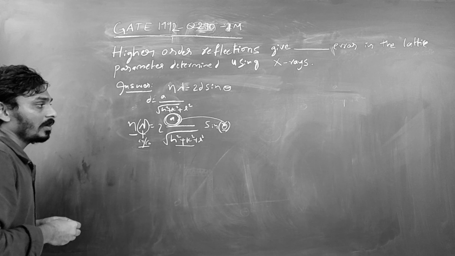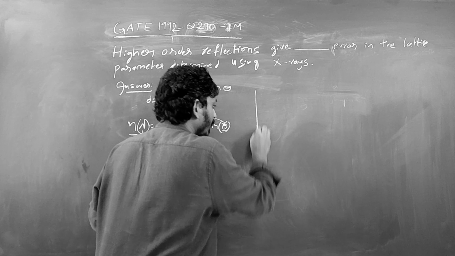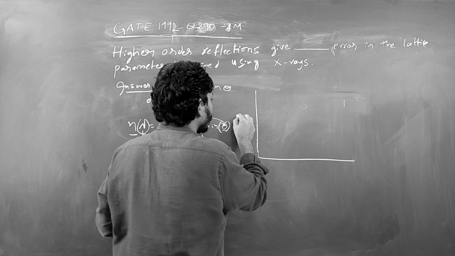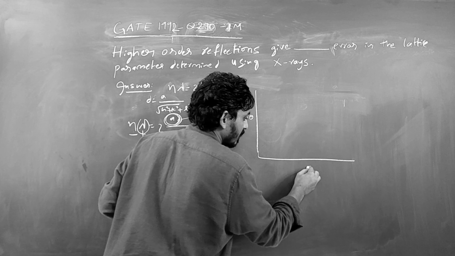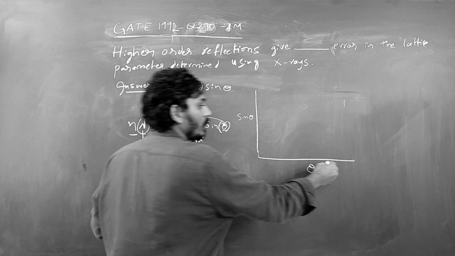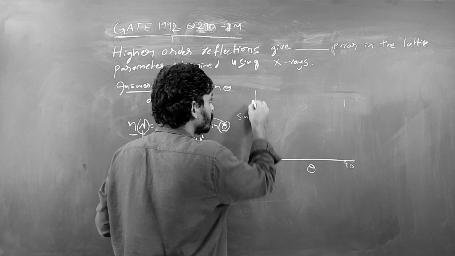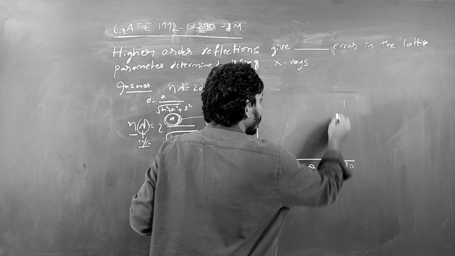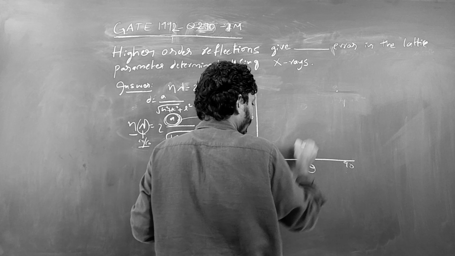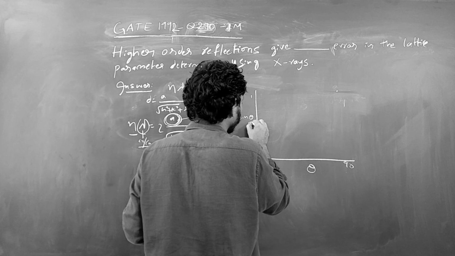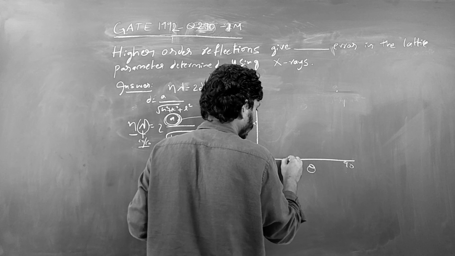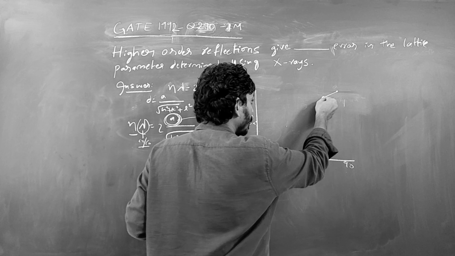So if you can see this particular graph of sin theta versus theta, okay. So let us say from 0 to 90, sin theta will be from 0 to 1. We know that sin 90 is a 1, right? And sin 30 is 0.5, right? So sin 30 somewhere here. So that means the error will be,